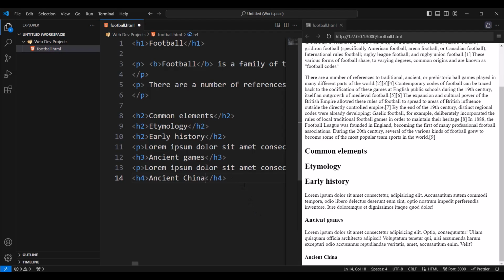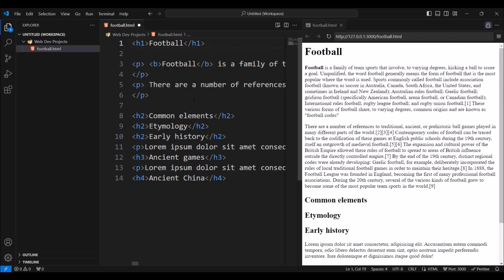Alright, so this is how you can use all the headings. Actually, there are more. You can have also an H5 and H6. Those are the 6 headings that you can use. And it's recommended to have only one H1 heading, because in your web page, the web page is going to have only one title. So it's recommended to only have one H1 heading in your web page.